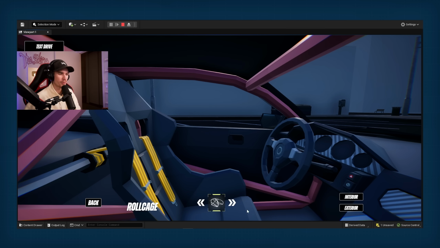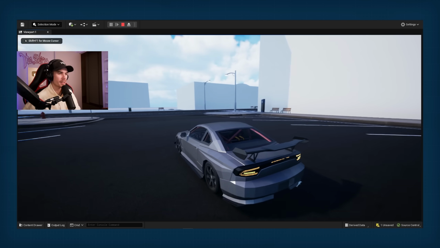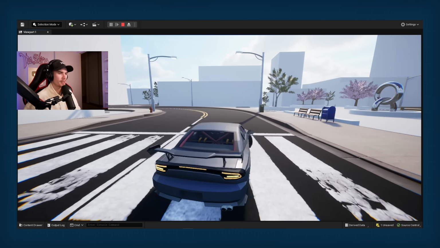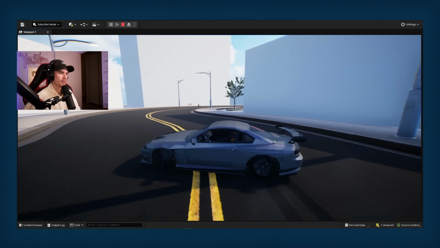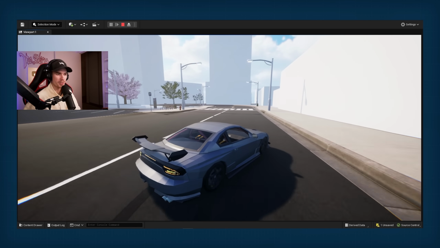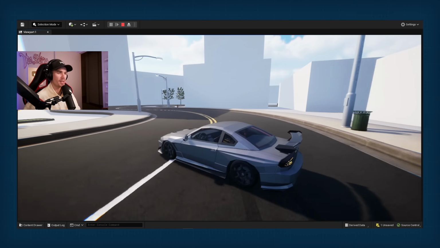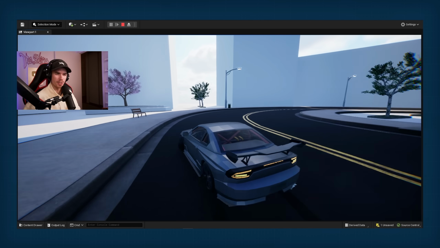But yeah, I can change that, and of course also toggle the roll cage in here as well. And then you can just go up here, click test drive, and then you're on your way. And then you can just drift around this little area over here, check it out. Obviously later on you're also going to be able to customize the paint for the car, certain sections as well,